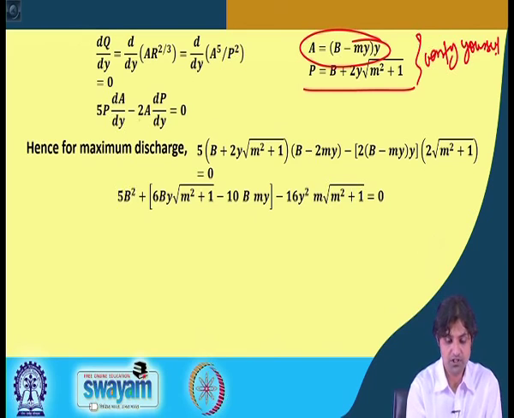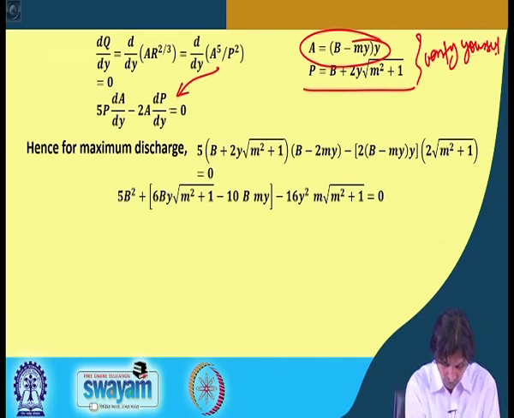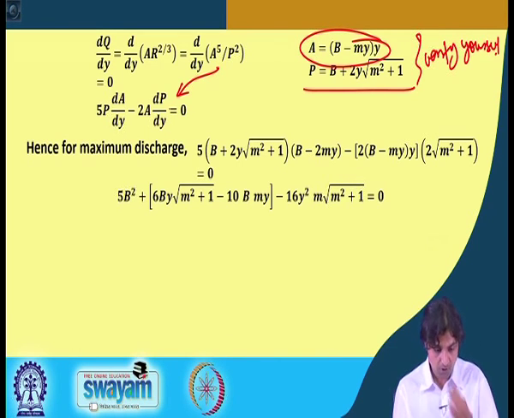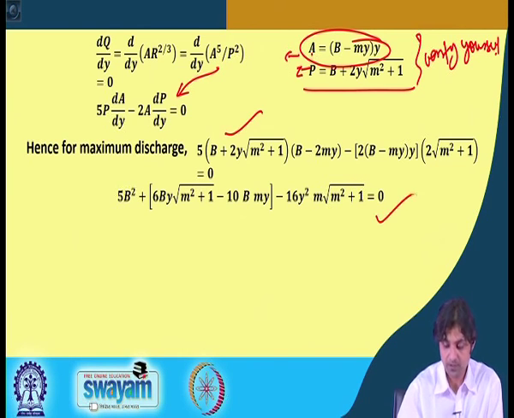So, if we put this here, from this we get 5P into dA/dy into A to the power 4 minus 2A dP/dy is equal to 0, alright. It is a little more complex actually. And for maximum discharge, if you use this A and P, now the calculation becomes very cumbersome. But anyways,